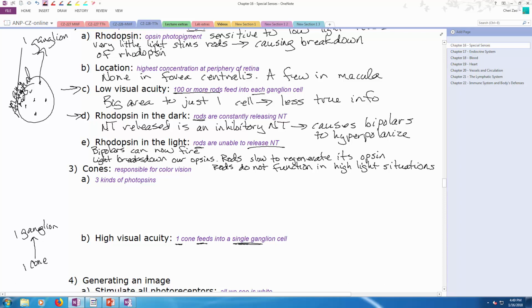So a little bit of light will cause the opsin, the rhodopsin, to degrade, which will cause the rod to not fire its inhibitory neurotransmitter, which will activate our bipolars. A little bit of light. When you apply a whole bunch of light to the rods, it totally freaks them out. And as a matter of fact, that term is called bleaching. A whole bunch of light causes all those rods, not just a few rods, but all those rods to go, whoa, no longer functional, and it takes some time to regenerate their photopigment,